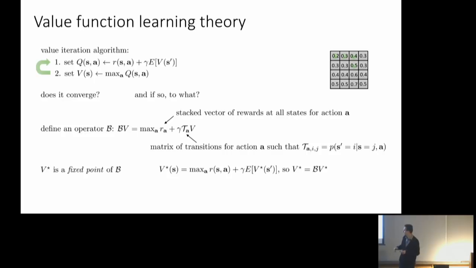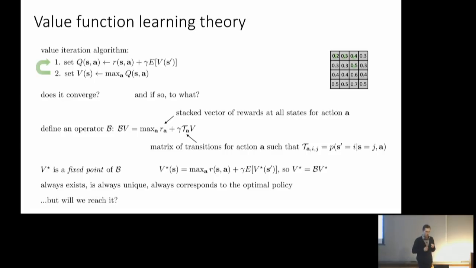So V star, the optimal value function, is just the value function for which V star is equal to the max over A of R plus the expectation of the next V. This thing is exactly the Bellman operator, the Bellman backup operator, so V star is equal to B times V star. And you can show that if you have V star and it satisfies this equation, if you extract the policy, that policy is the optimal policy. The fixed point always exists, it's always unique, and it always corresponds to the optimal policy. I'm not going to prove that here, but it's actually pretty straightforward to show that.